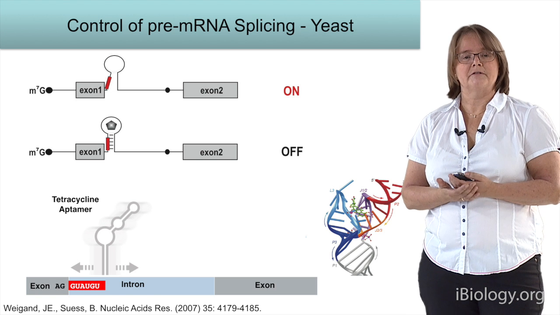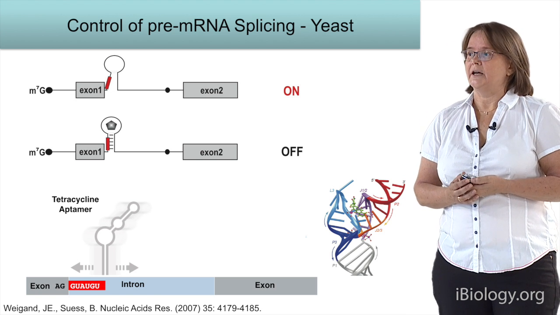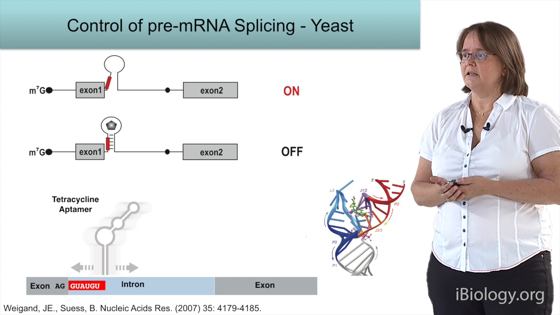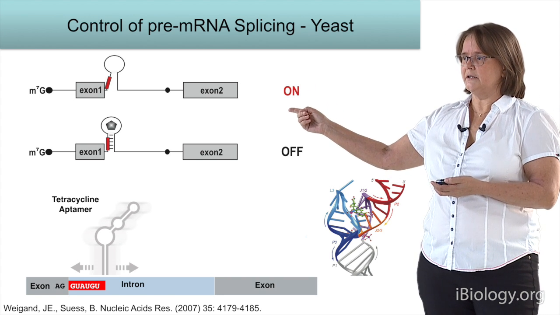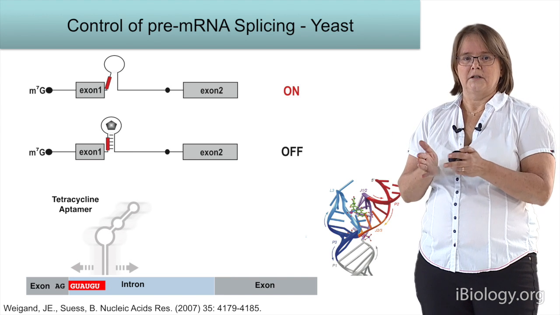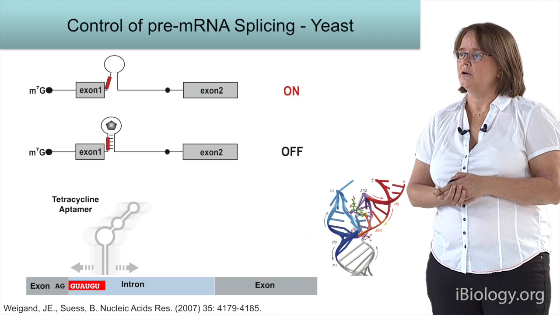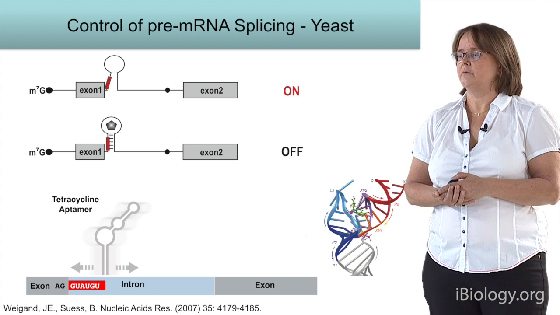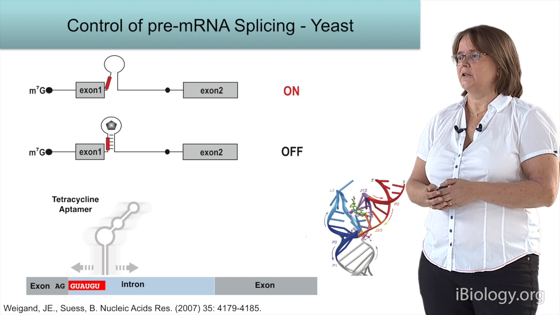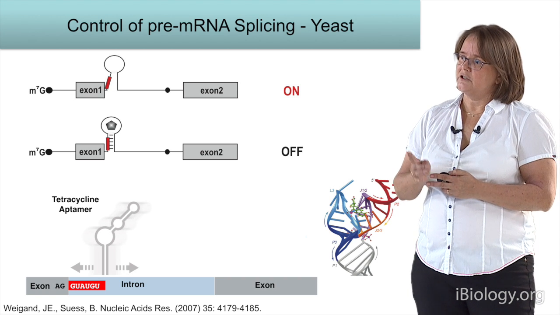Besides the control of translation initiation, we also wanted to control splicing. Again, we started in yeast, and the idea is schematically shown here. Now we have an intron which is inserted in the GFP reading frame of yeast. And then within this intron, we inserted our small aptamer close to the 5' splice site, which is shown there